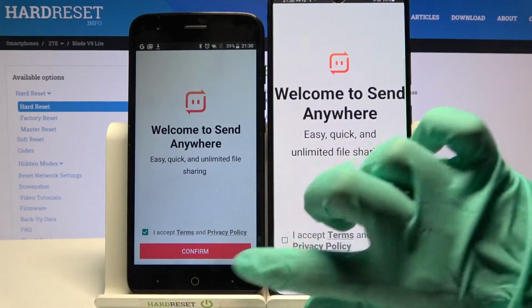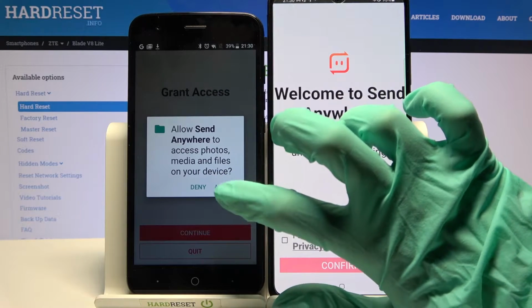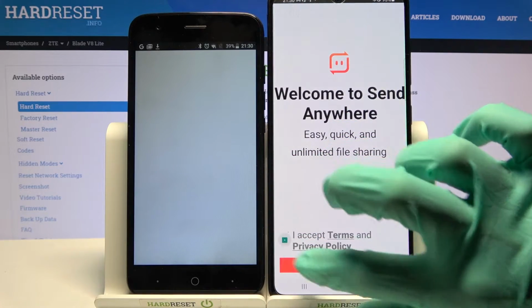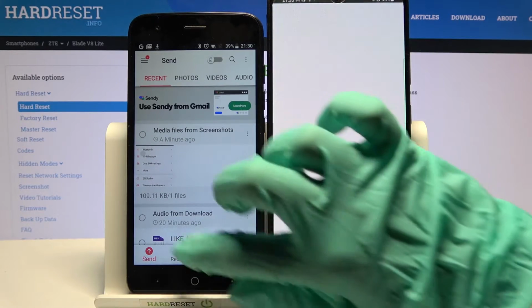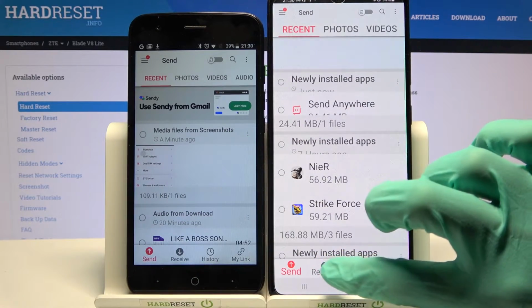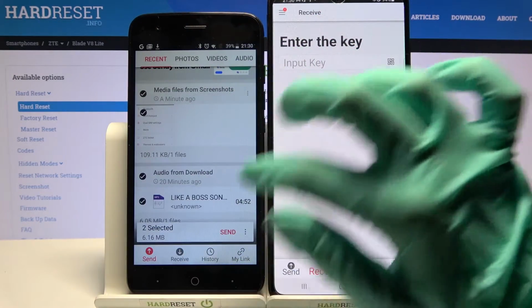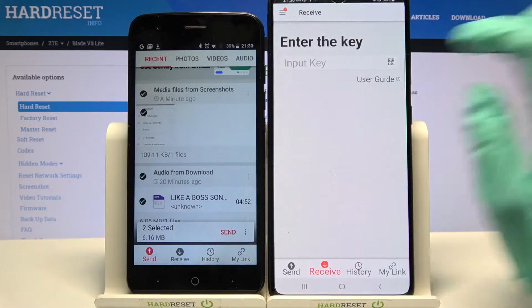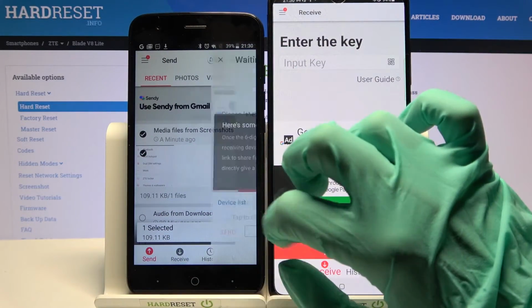Then you need to click on I accept, confirm, continue and allow. Now go with Send on ZTE and Receive on an Android. Then click on all of those kind of dots and choose Send in order to send all of your data. It will take a while though, so I will only go with this one photo, tap on Send and click